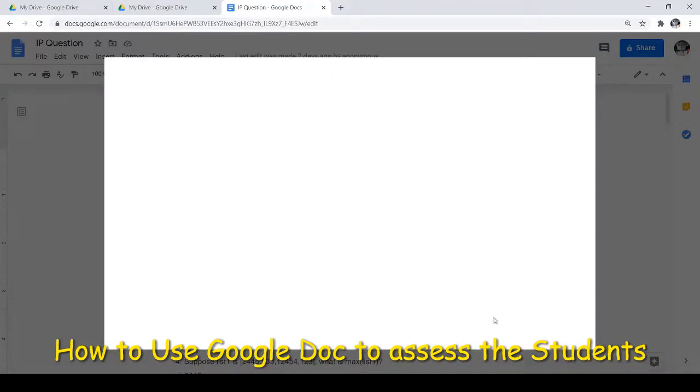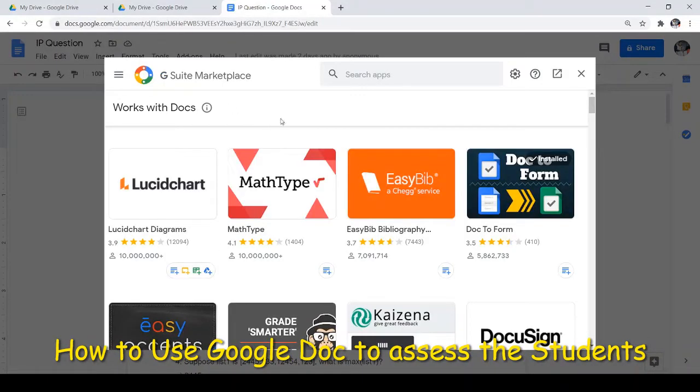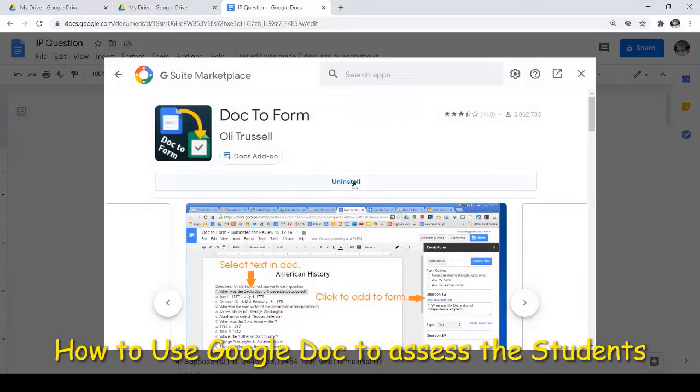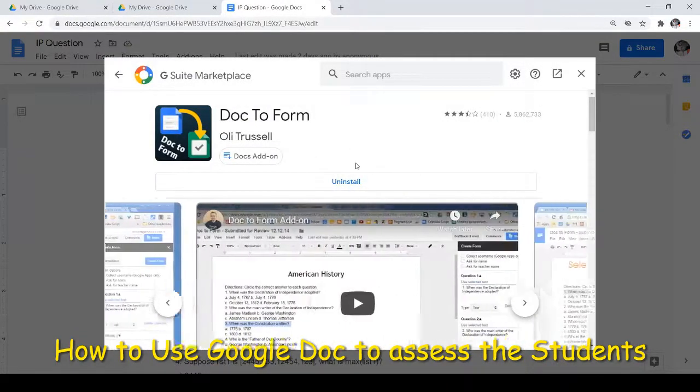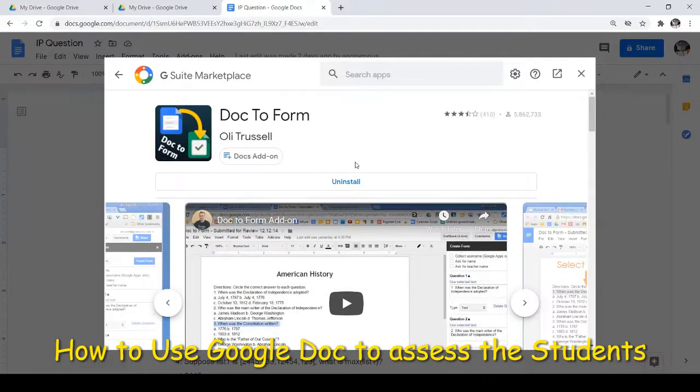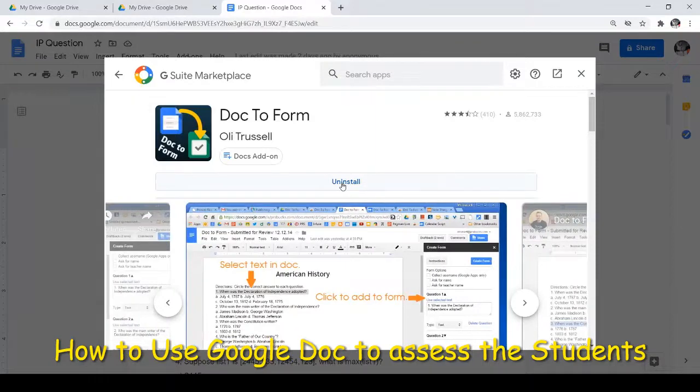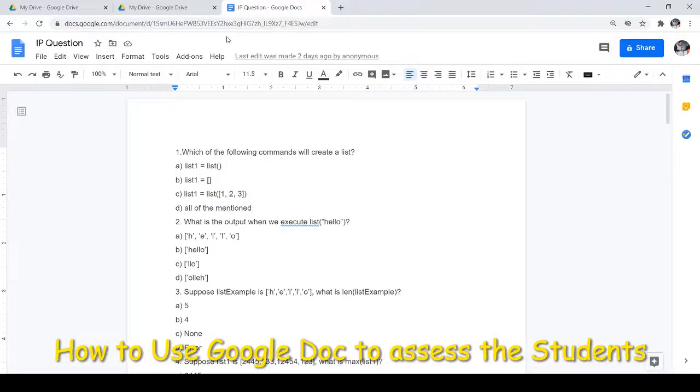A dialog box will appear from where you can choose Doc to Form. You just click on this and then click on Install. I have already installed it, so Uninstall is shown. But if that option is not there in the system, then Install is there. You just click on Install and that function will be added to your add-ons menu.